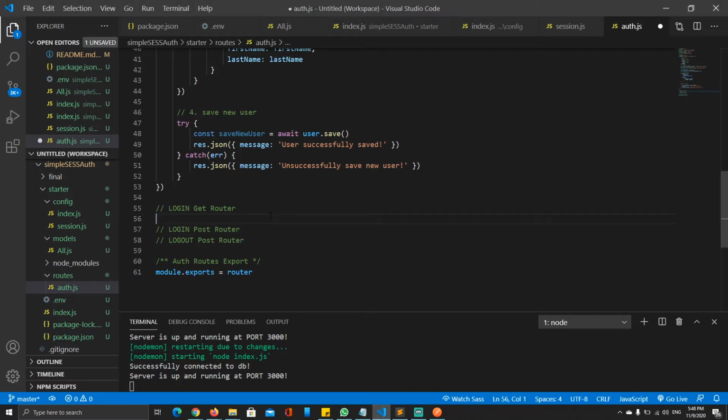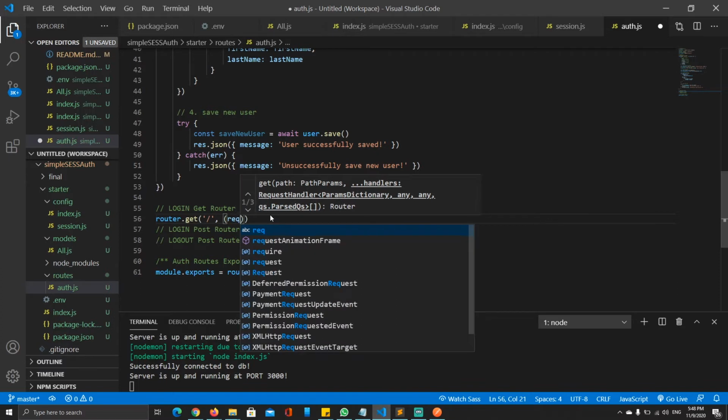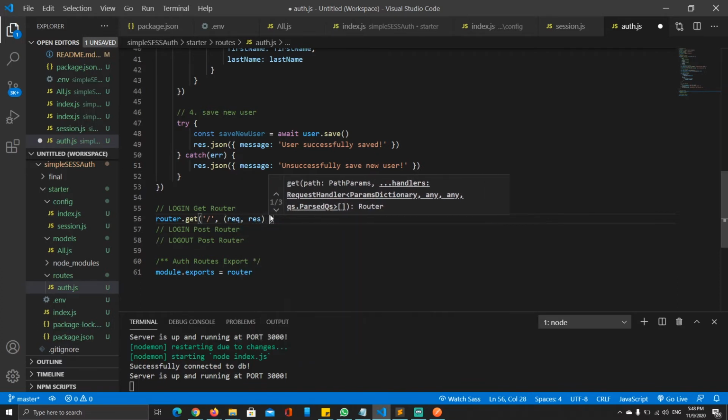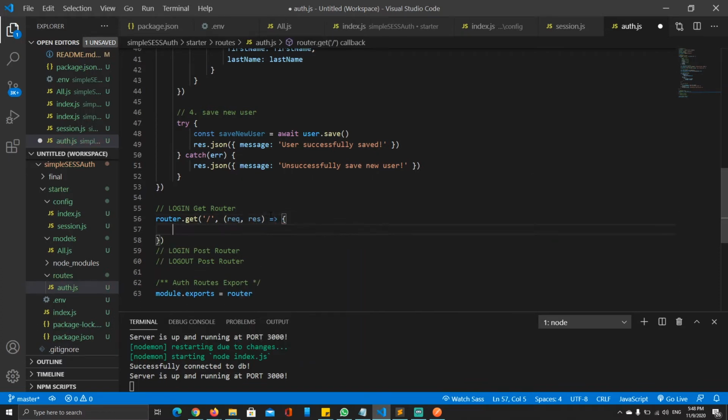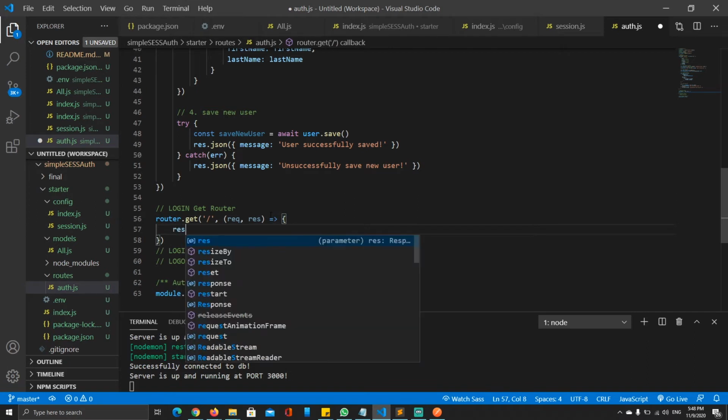So our login router, we're going to get router of get, which inside of here, also this one, I don't think that we need to put async. Okay, and then inside of here, we're going to send